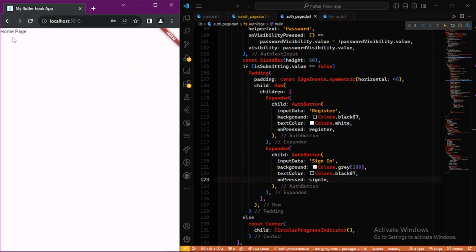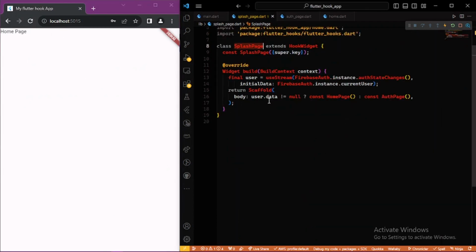And this is why it takes us to the home page directly without having to navigate, because in our splash page we already created a stream which connects this home page and the hot page. Anything that happens inside your app, as long as the stream is still open, just makes changes directly. So as long as there's already data here, that's our user data, it just takes us to the